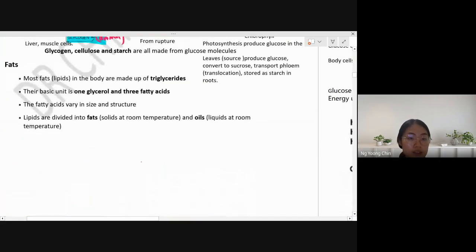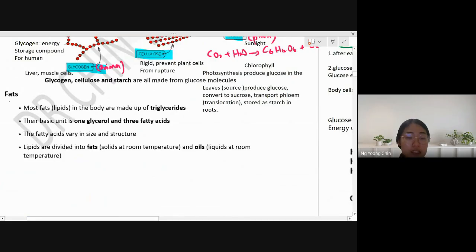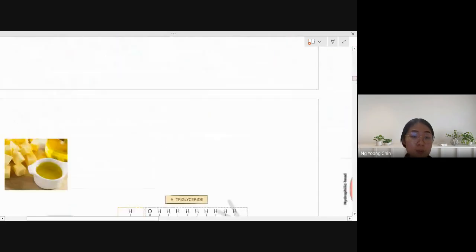And then the fat actually is divided into two kinds of physical form. When we talk about a solid, an example of solid is butter. The butter that you spread on your bread is a solid form of fat. Another, liquid form of fat would be something like cooking oil. So that means one appears as solid at room temperature, another appears as liquid at room temperature. So this is all about the fat.